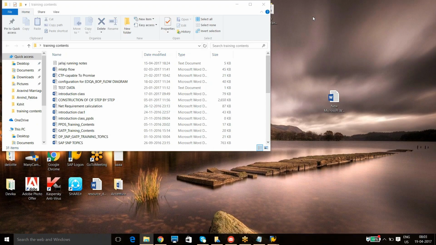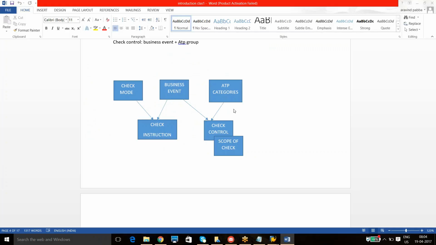Let me know once you're able to see a Word document. So I want you to note down, memorize this complete diagram. So this is